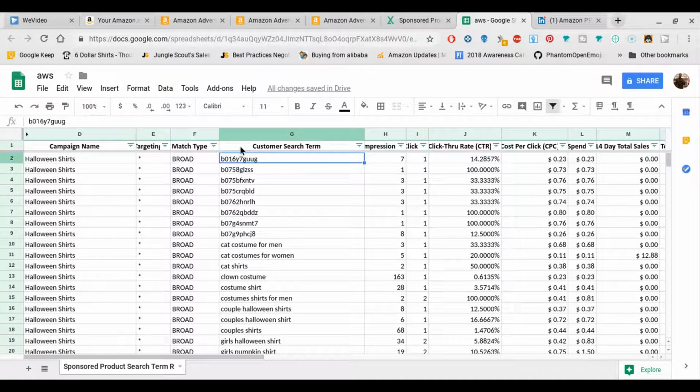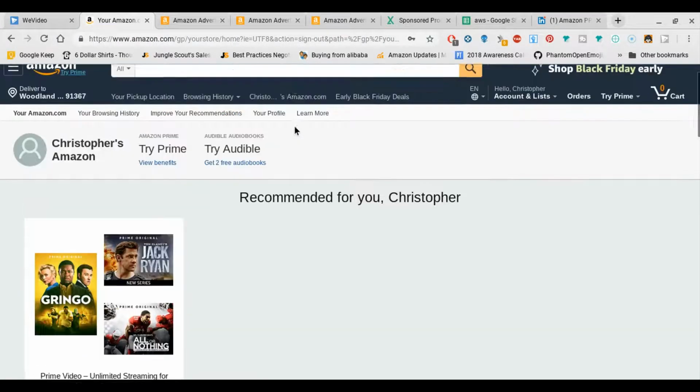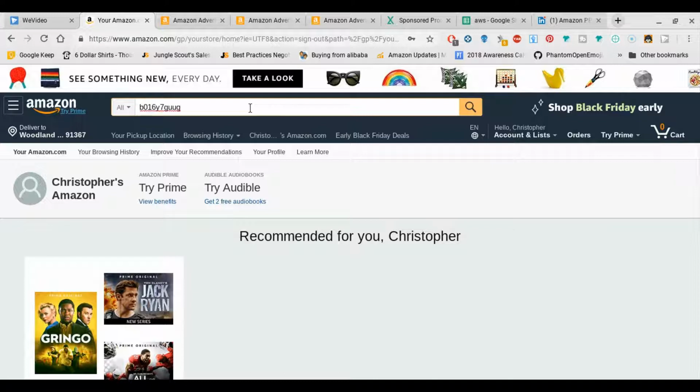This is a really important part. You see how it says customer search term. This is going to show you all the different keywords that the customer searched for to find your listing. So here, these are different Amazon listings themselves. So they're not your listings specifically, or they could be, but for example, let's just choose this one. So when you go to a listing, it's going to show you, let's see,